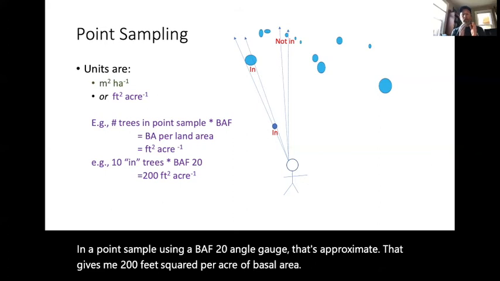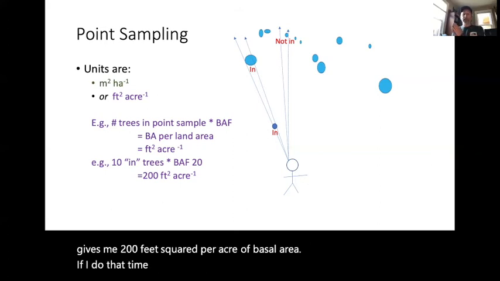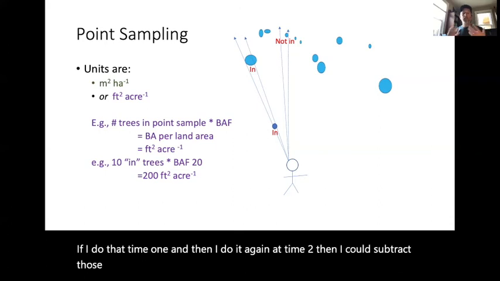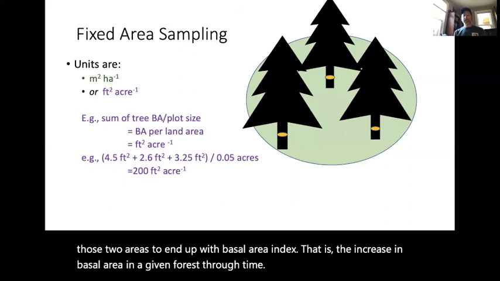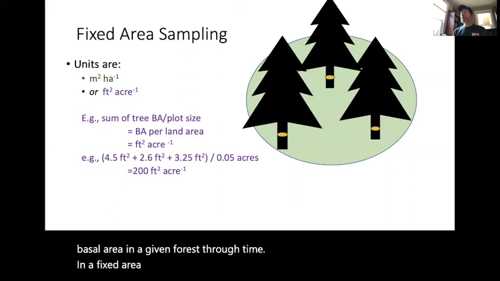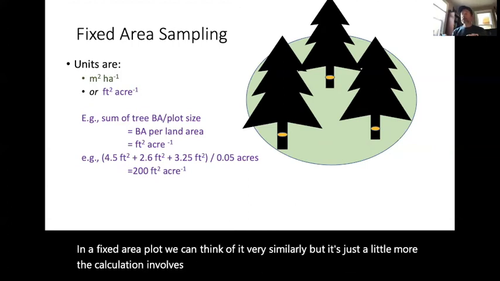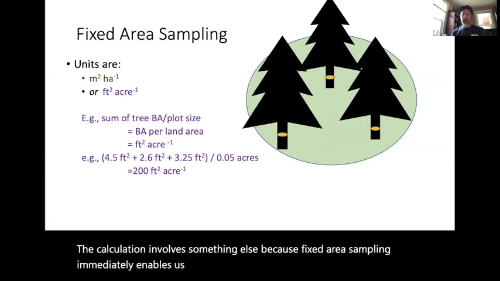If I do that at time 1 and then I do it again at time 2, then I could subtract those two values to end up with a basal area increment, that is the increase in basal area in a given forest through time. In a fixed area plot, we can think of it very similarly, but the calculation involves something else, because fixed area sampling immediately enables us to calculate the basal area, though